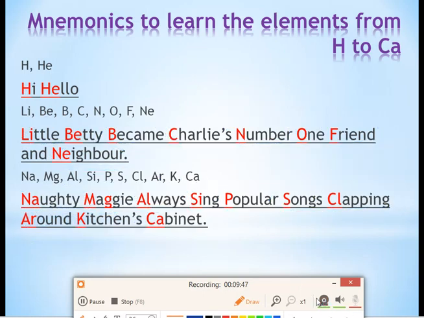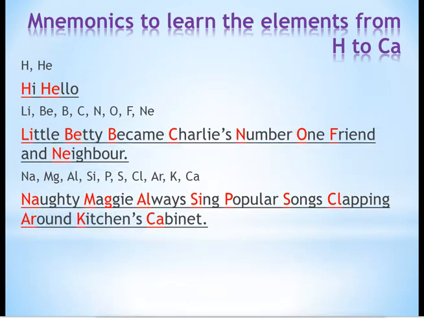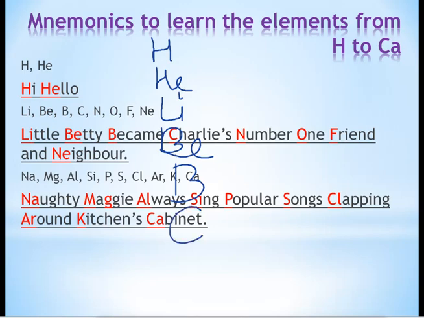And if you learn the elements in a sequence way, it's very easy to write the atomic number. Just 1 to 20 you have to put in a sequence way. Now let's write it once so that you will remember. So first of all, we have hydrogen, atomic number 1, helium, atomic number 2, lithium, atomic number 3, beryllium, atomic number 4, boron, atomic number 5, carbon, atomic number 6, nitrogen, atomic number 7,